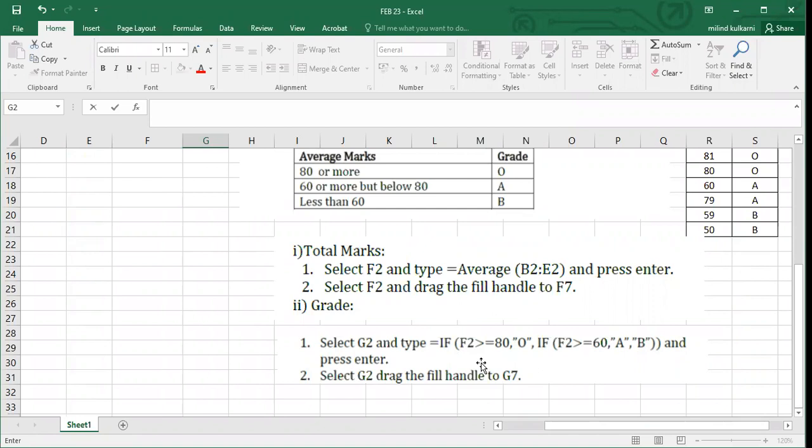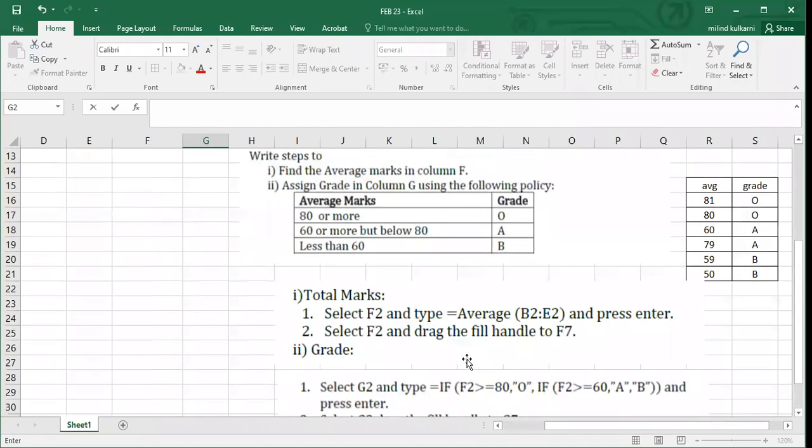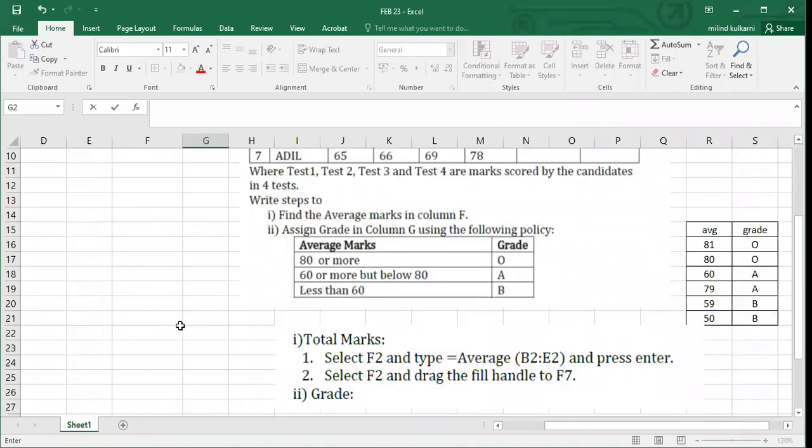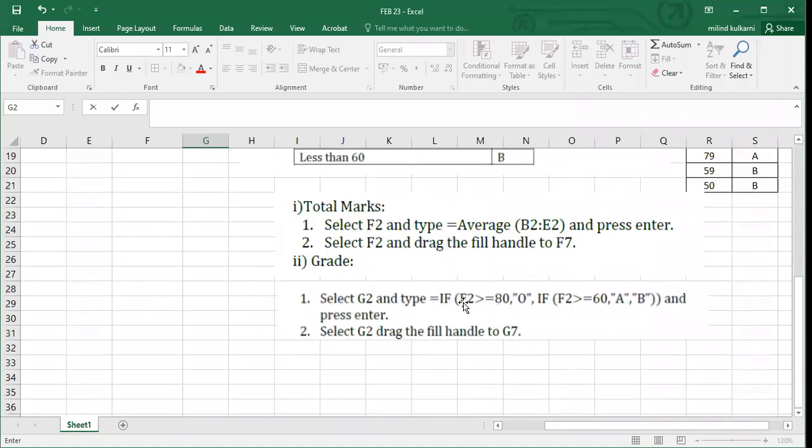For this case, we use F2. Why are we taking F2? Because the address of the average marks is F2.